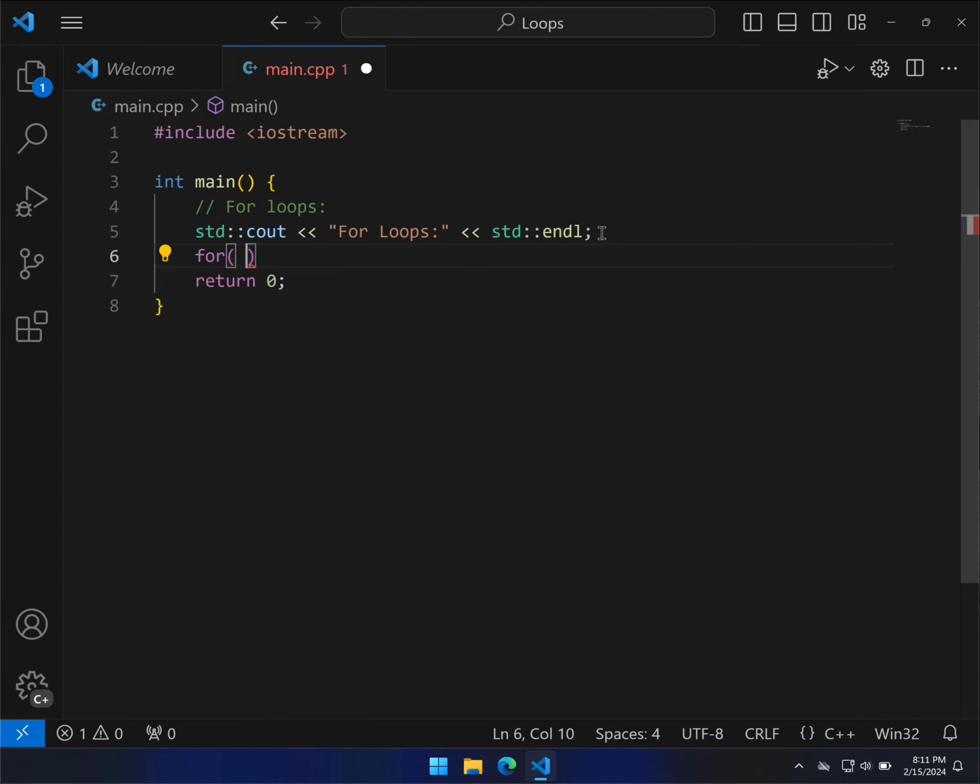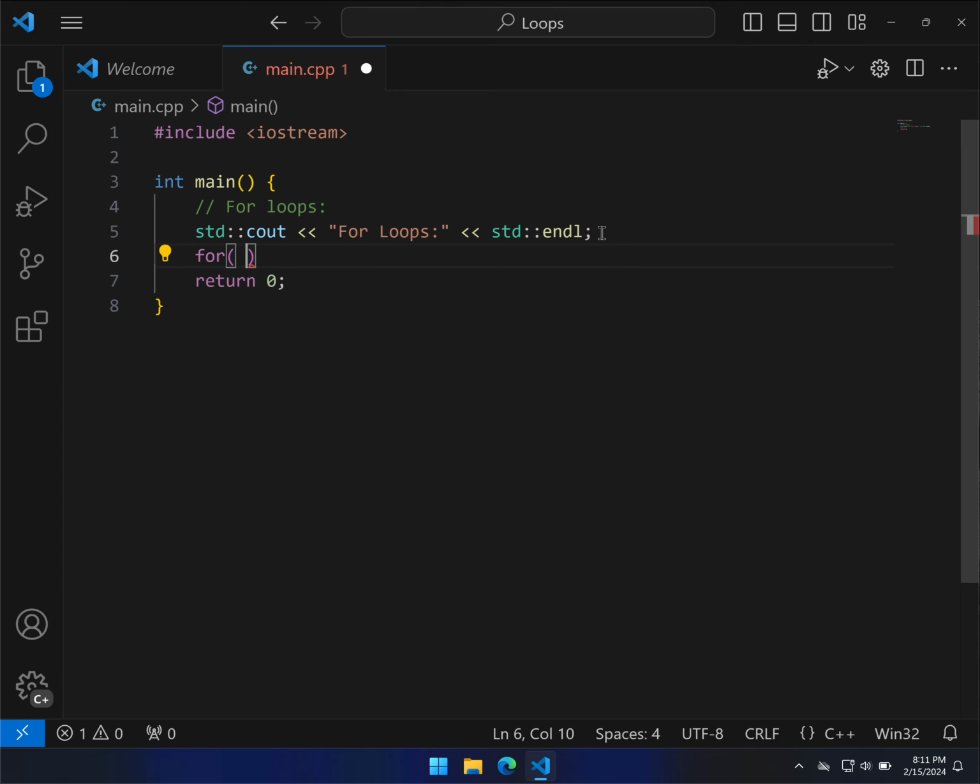In a for loop, we're going to basically cycle through a list of numbers, so integers between one number and the last number. You can either count up or you can count down. You can skip numbers. There's a whole bunch of stuff you can do, and I'll show you. But the easiest one, and the one you're going to see the most,